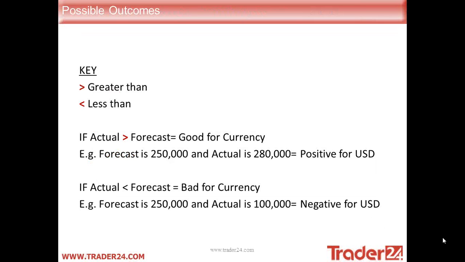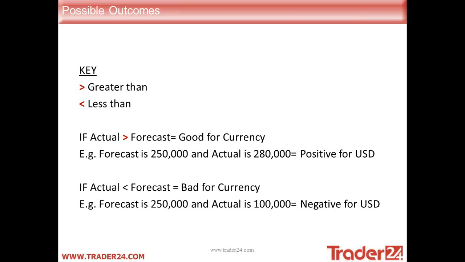Possible outcomes. Some of you may or may not know that there is a usual effect with non-farm payroll reports, along with all the other fundamental announcements that come out during the financial calendar month. But let's take the usual impact or usual effect on the markets for the non-farm payroll. Possible outcomes here. You can see I have a key, a greater than, and a less than key. So let's do the first one here. If actual is greater than forecasted, good for currency. What does that mean? If the actual result is greater or higher than the predicted result, it will be good for the dollar, good for the currency.